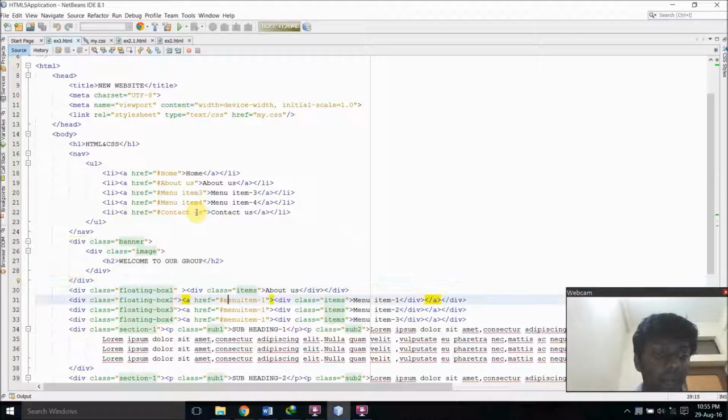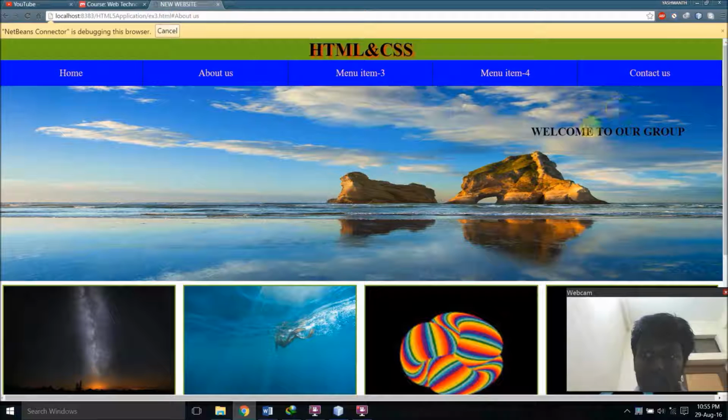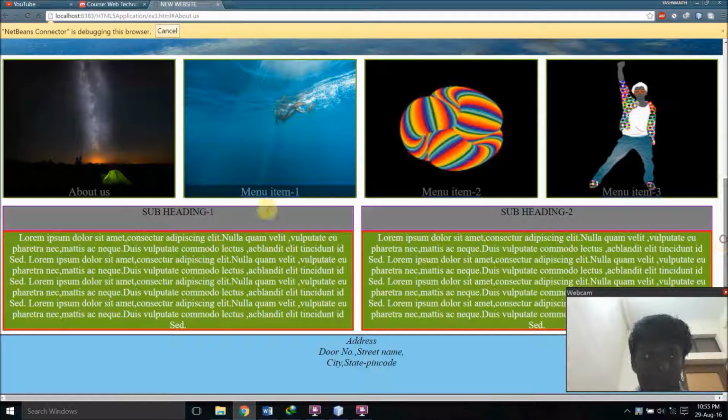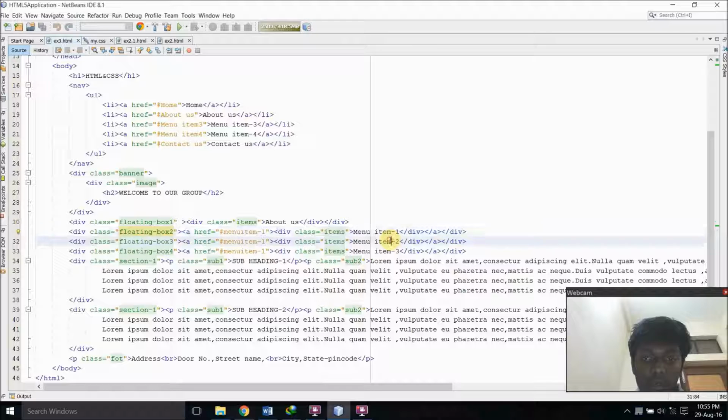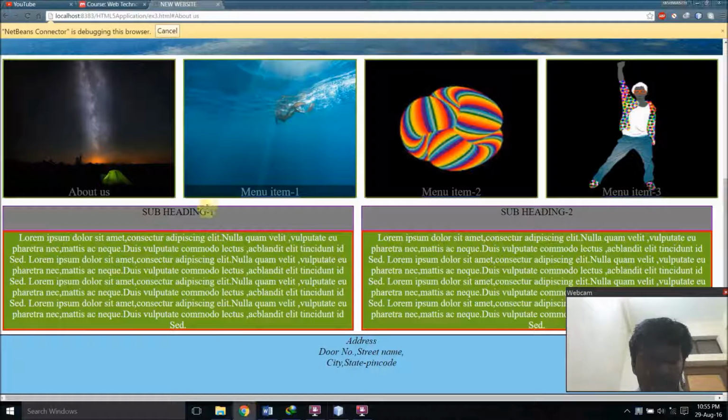Next we have our banner, "Welcome to our group." As you can see here, this is the banner that they gave, and each of the things being seen here: About Us, Menu Item 1, Menu Item 2, Menu Item 3. That is the part that is there, and this is subheading 1 and subheading 2, each of which is subjected to CSS styling